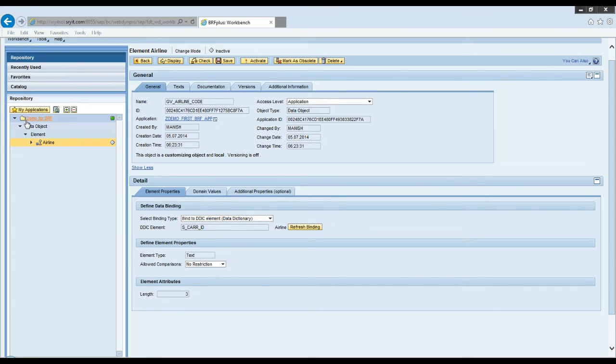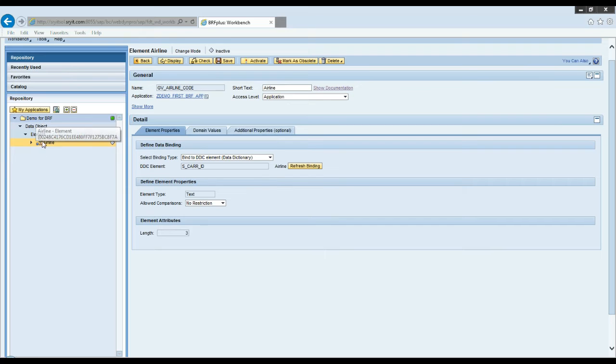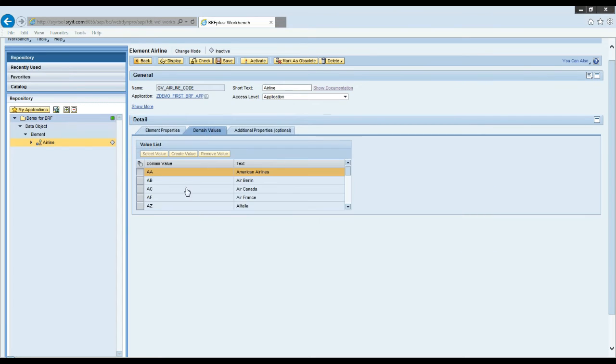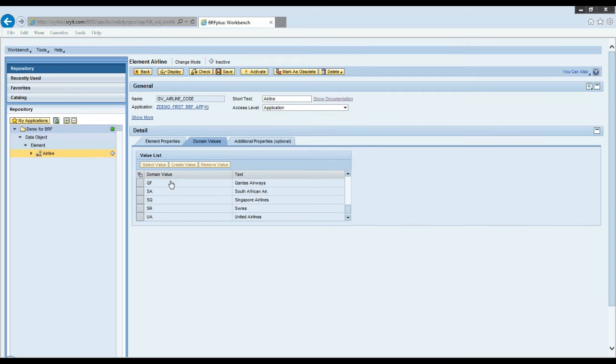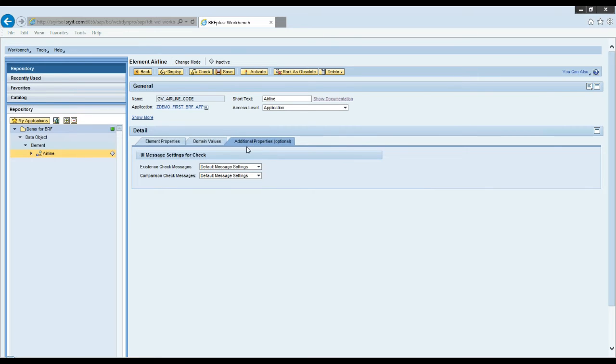Since it is defined at the application level, every object of this application can consume it. It's a global variable actually. When you have the domain values, you can see all the domain values have been read out from the database based on the F4 help. There is an additional property for this.